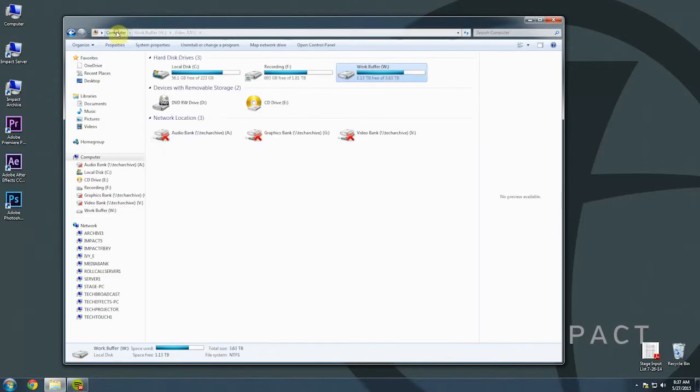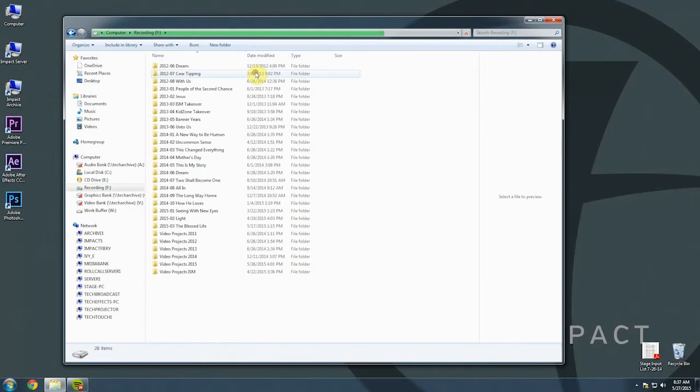If we go back to our computer and take a look at the F drive, this is where, like I said, all of the final recordings are saved. And if you notice, everything is saved by the year and the number of series that it was in that year. So in 2012, Dream was the 6th series of 2012, and Unto Us was the 6th series of 2013. And right now we're in the Blessed Life in May of 2015, but it's only the 3rd series of this